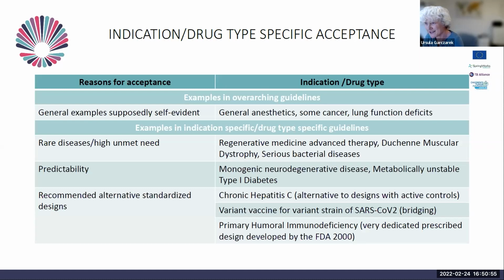Most of what you see in this slide is actually more interesting to those people that want really to use external controls in their trial. What we want to highlight with this slide or these findings is that there are very instructive guidelines on trial designs with external controls that address specific questions under very specific circumstances. Next slide, please.